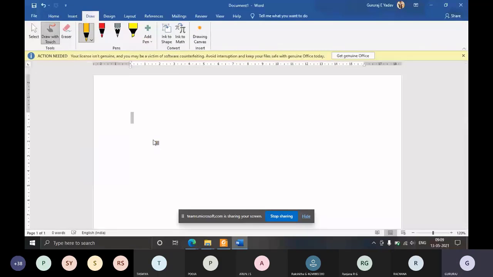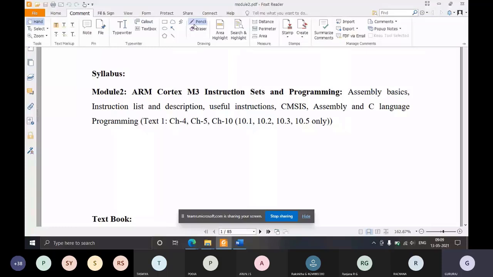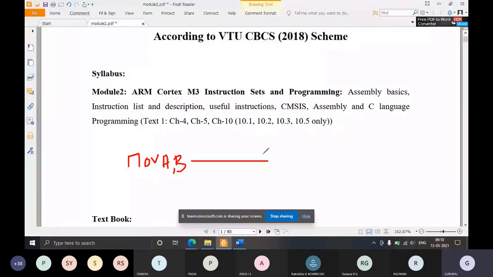Yeah, so this assembly level program, what I just told, I'll write it here. The example we had taken was move a comma b. This should now be converted to assembly. So how do we convert this to assembly? A software known as a compiler will take care of that.